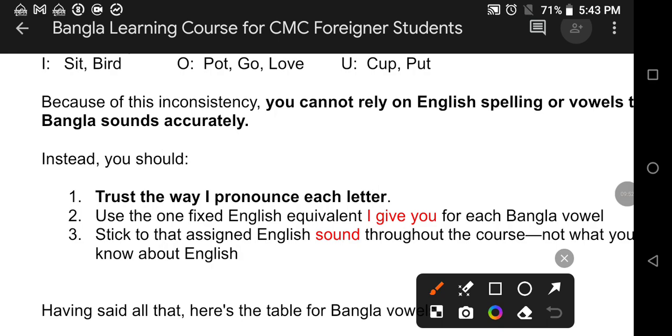And use one fixed English equivalent I give you, meaning that I will give you some English letters for specific Bangla letters, meaning that this Bangla letter has to be written with this letter, and you have to use that in this course, not outside, of course. You have to use that for that purpose only. You cannot use it like the way other words are spoken. Stick to the English sound, only sound, not